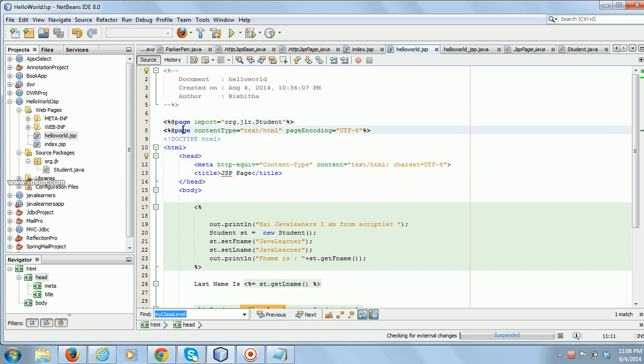If you see, this is also another page directive. It has two more attributes. Content type: if the content is text or HTML, you have to specify the content type attribute. Page encoding: this is UTF-8 format. So basically we have covered three attributes: import, content type, page encoding, and many more. In the coming videos we will discuss these things.